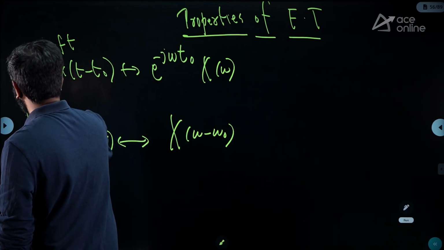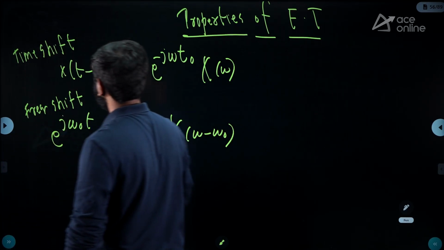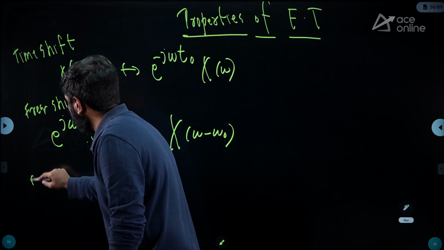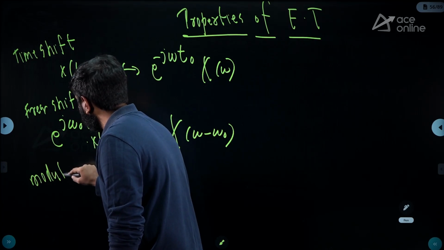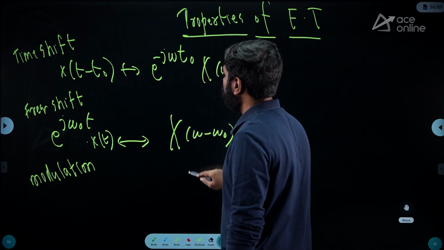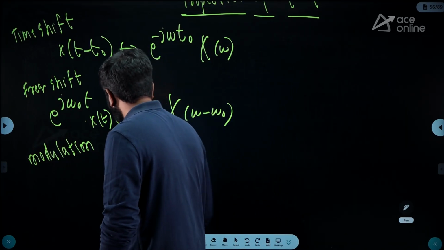This is called frequency shift. If you extend a frequency shift, there is a property called the modulation property. So what does the modulation property tell? According to the modulation property,